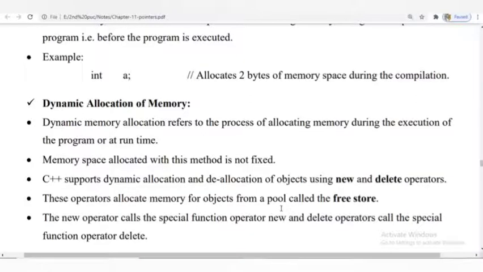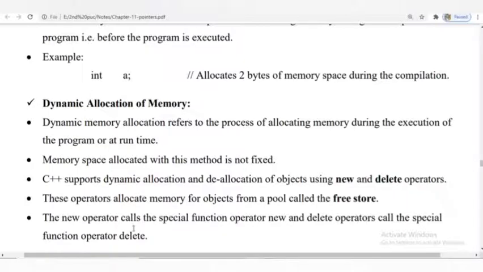That will be taken from the pool, and that pool is called the free store. In order to allocate the memory dynamically, we go with the new operator, and if you want to deallocate the memory dynamically, we go with the delete operator.